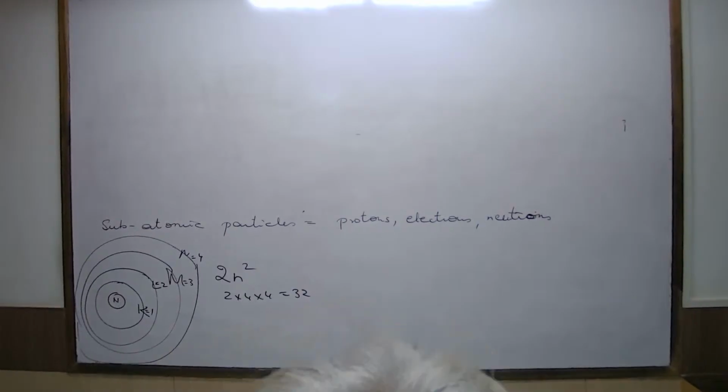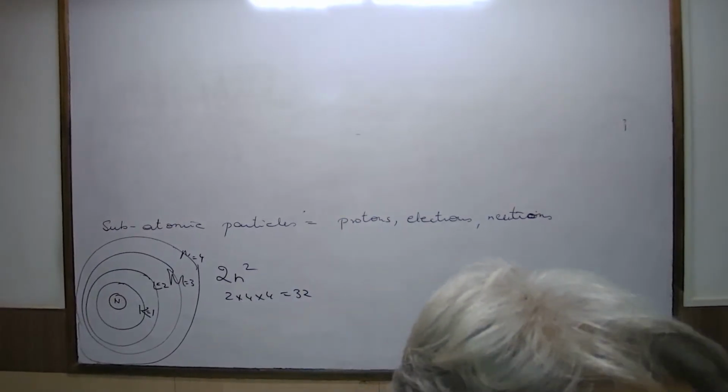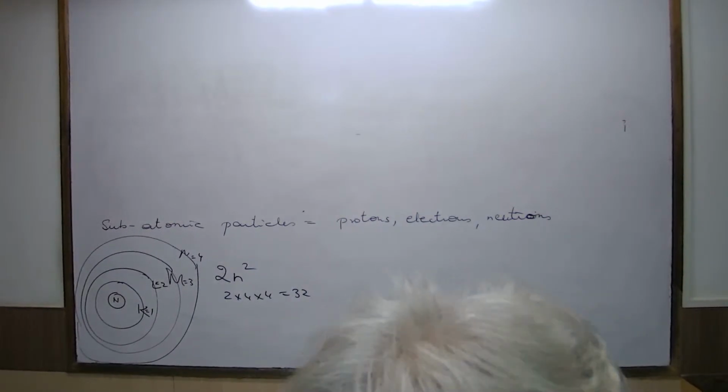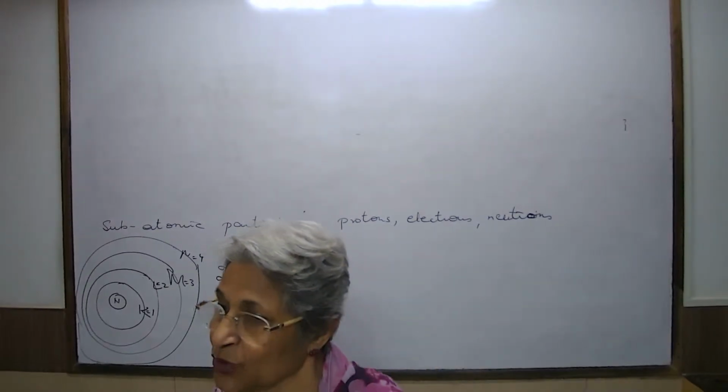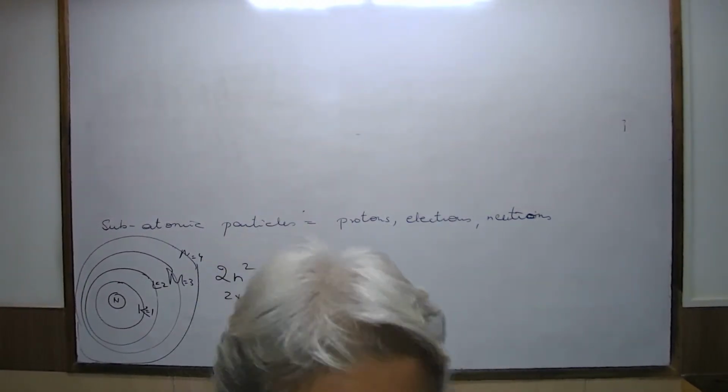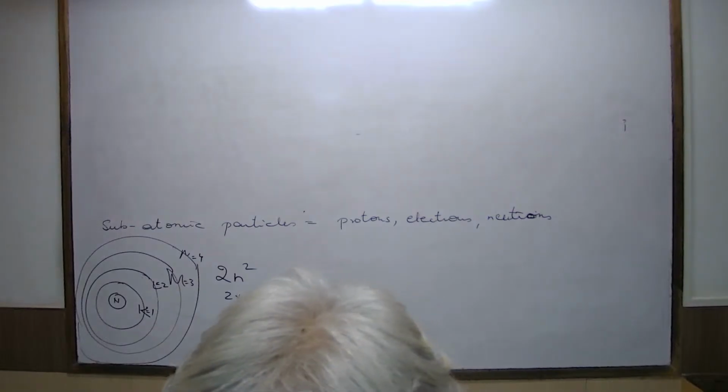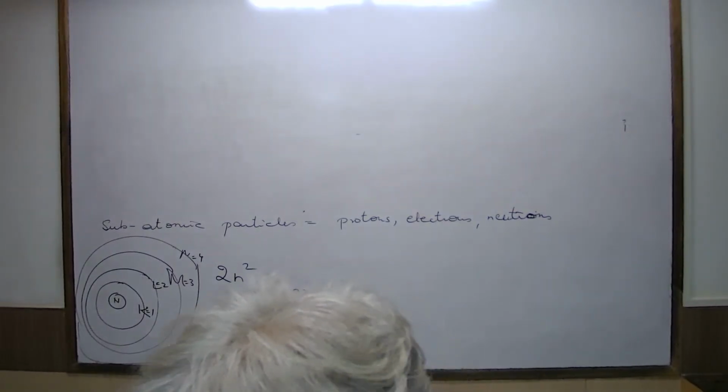Now we come to distribution of electrons in the shell. What is the formula that we'll use to find out the distribution? 2n squared. Correct? But when we are distributing,